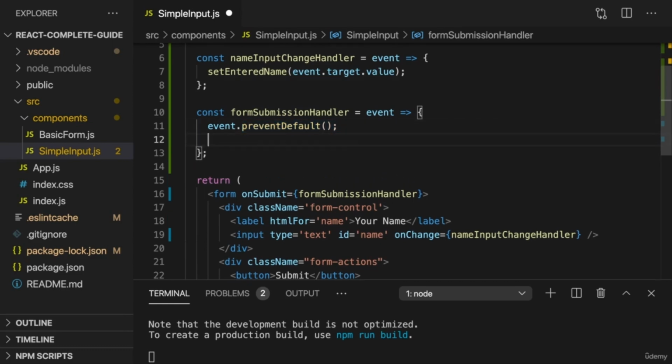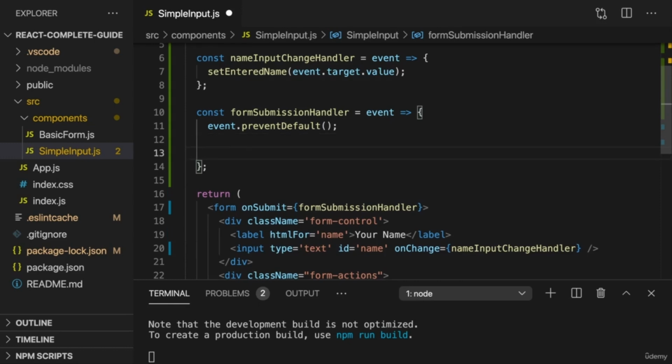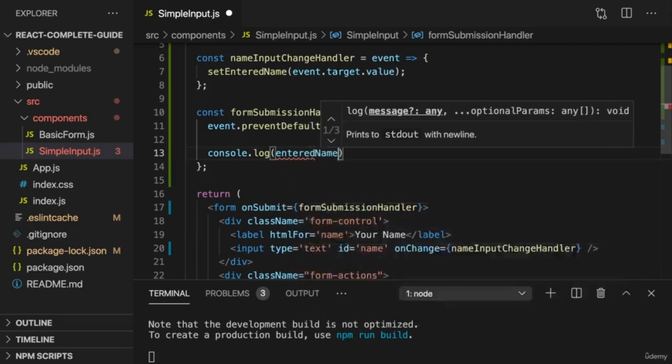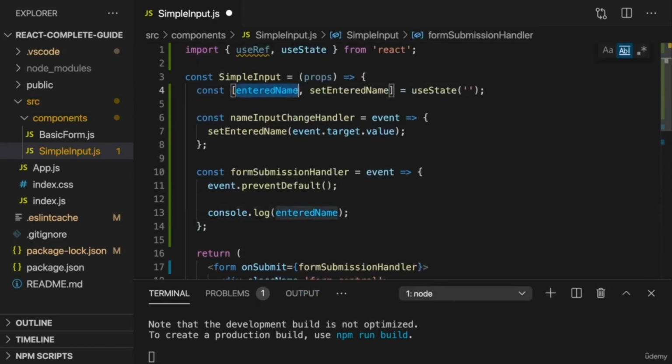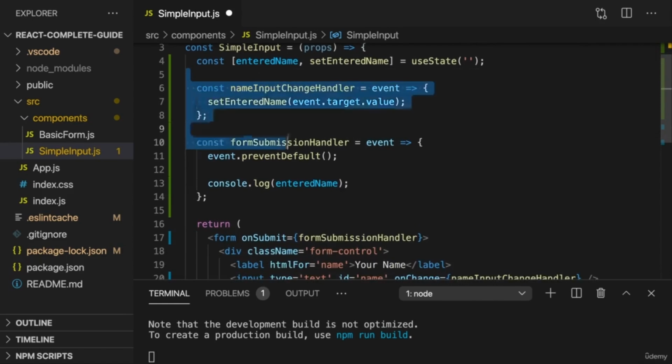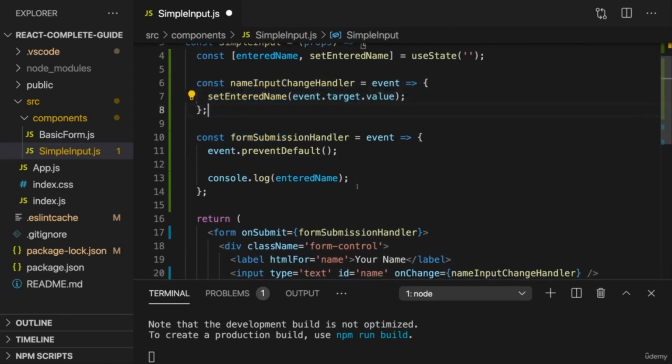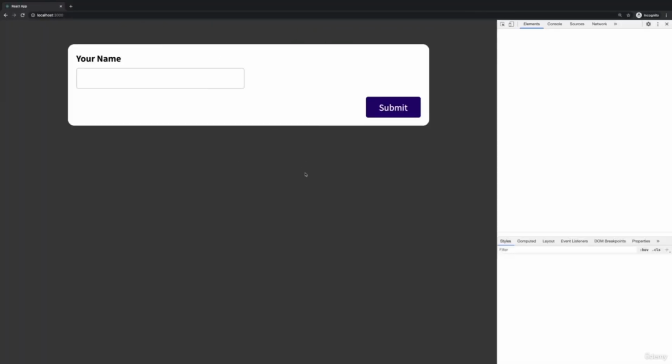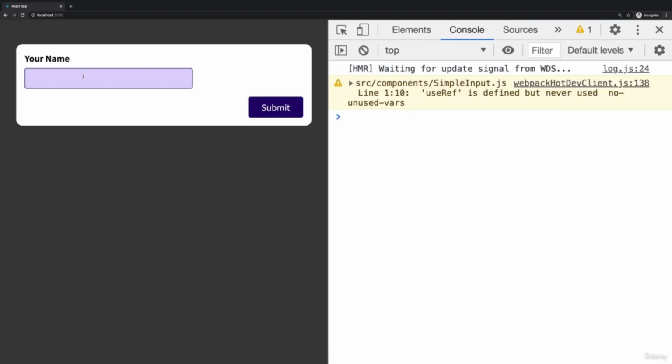So that's important. Then as a next step, now that we can guarantee that the page won't be reloaded and the app won't be restarted, we can console log the entered name. So the last name we stored because of our input change handler. And if we now save that all, and I go to my console here, I can type Maximilian here, and if I hit submit, that gets logged